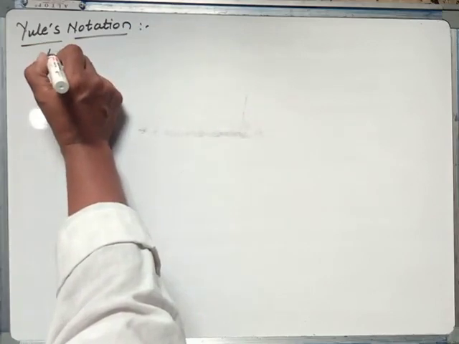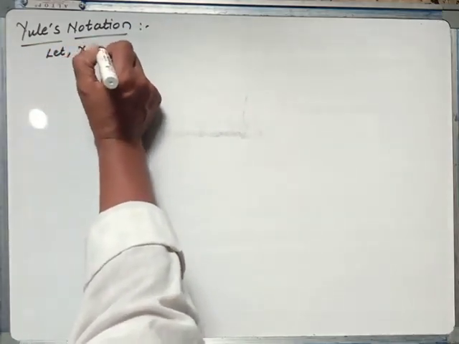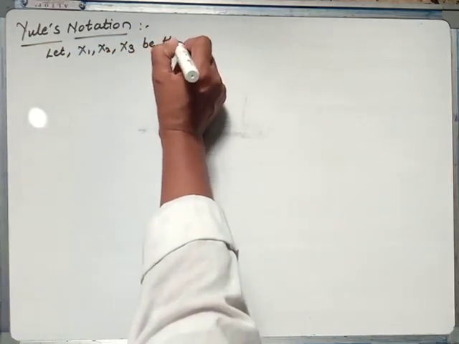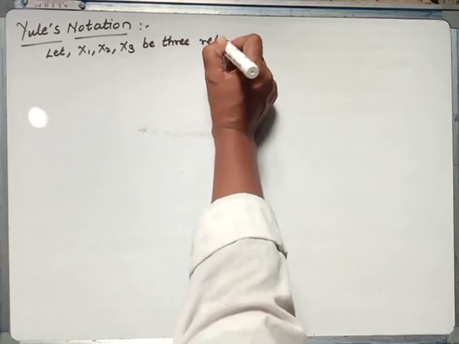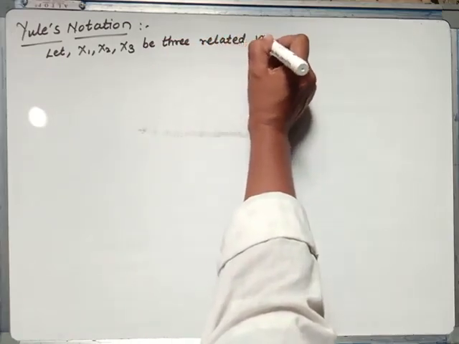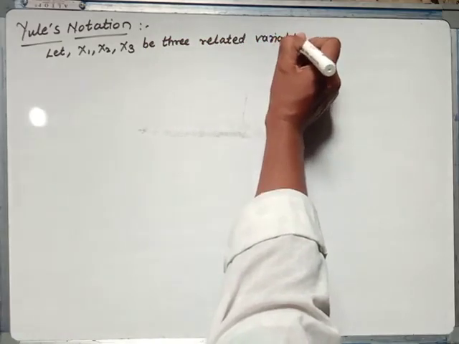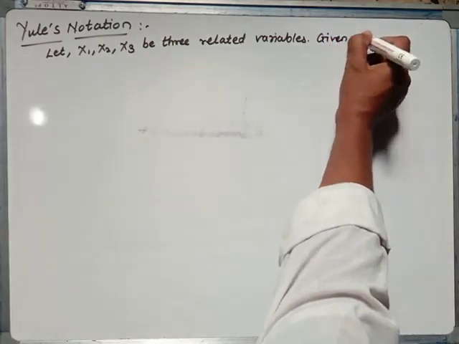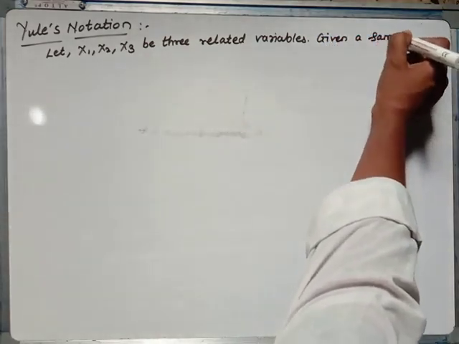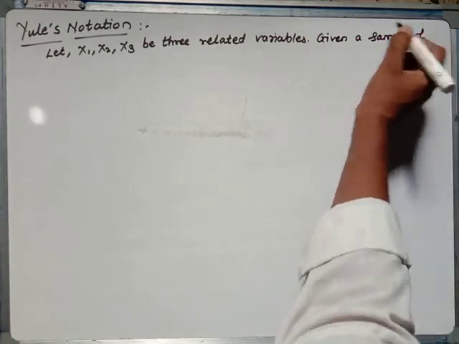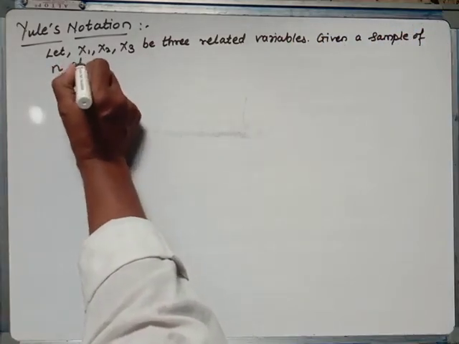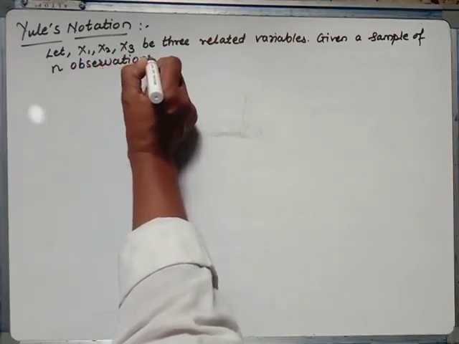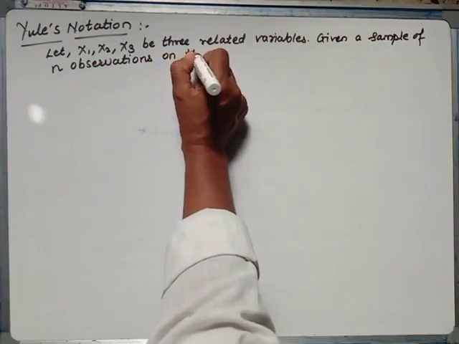Let x1, x2, x3 be 3 related variables, given a sample of n observations on the variables